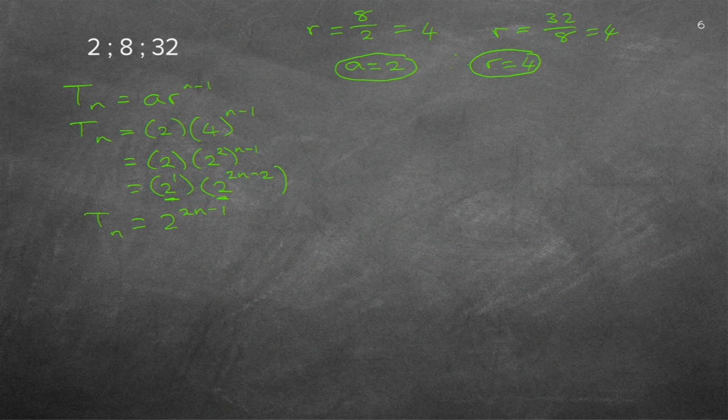So instead of using that long one there, if they now ask me questions, I can just use this one: 2 to the power of 2n minus 1. It's just much shorter to use, although the original one there will give you exactly the same answer. It's just going to take you a little bit longer. So what did I do? As for arithmetic, I wrote down the A and the R because it's a ratio thing now. I wrote down the formula, AR to the n minus 1, and I just filled in the A and the R, and then I got my formula.